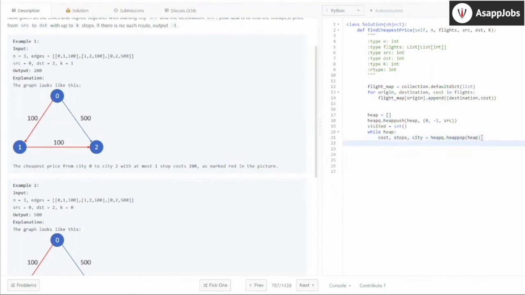Here, to maintain the distinction, what we are doing is we are maintaining a set. So next thing you do is you add that vertex in the visited because that is considered. You are not going to consider that vertex again once you have considered it. Okay. When are you going to break it? You're going to break it when you reach the destination. So you need to put that condition here. If at any point of time you see the city is the destination, you stop. Since it is asking for the cost, you simply return the cost.